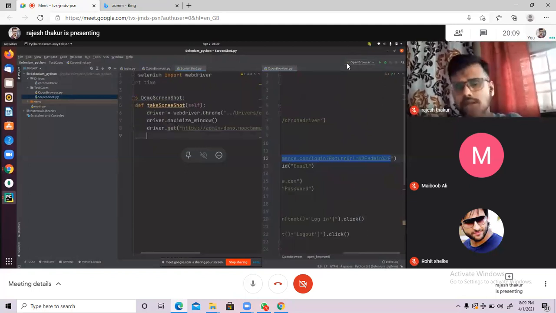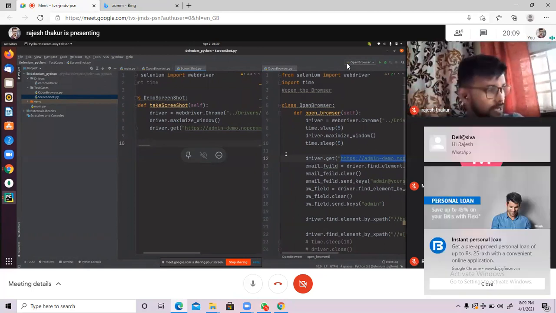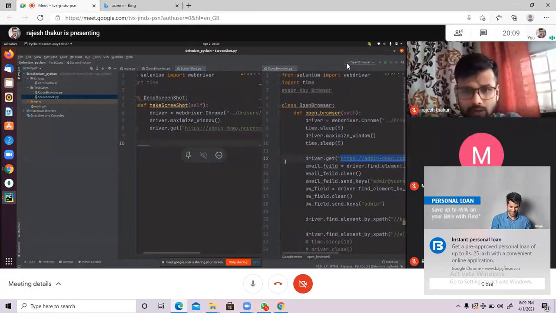That's fine. Now, once it is done, driver dot get next. What is that? Once you are opening the browser, what do we have to do? We have to pass the username, we have to pass the password, right? So first for the username, we have to identify the element.